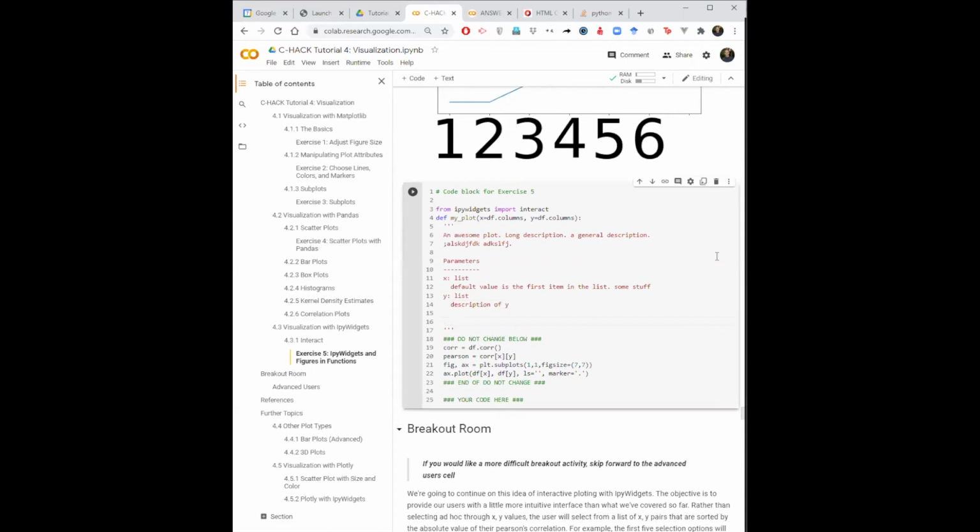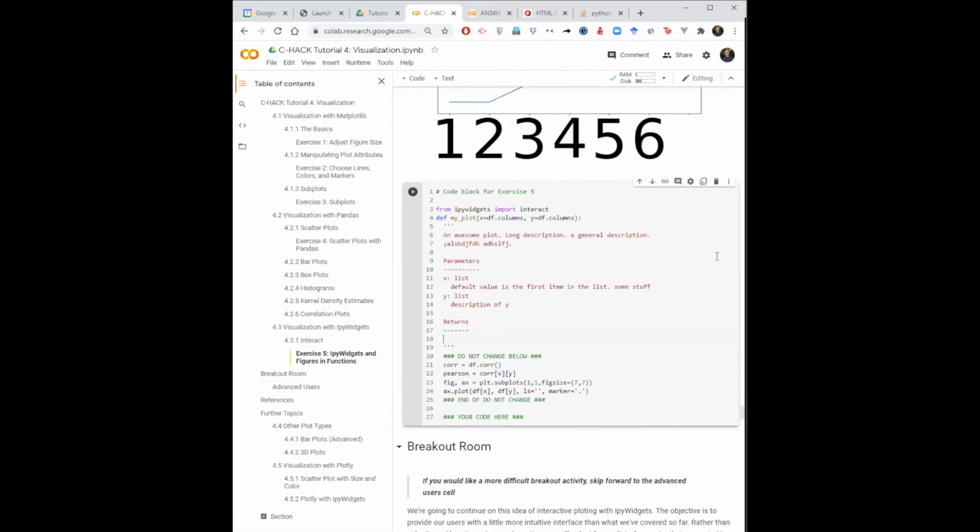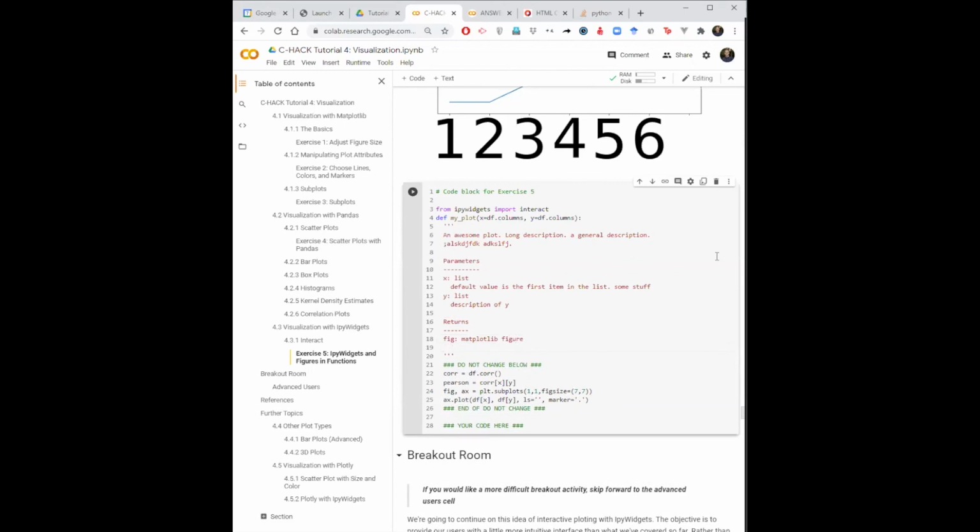And then you want to say returns. And then you say fig, whatever you're calling your returns thing. Matplotlib figure. And then a description of it. So yeah, Dave's got it in the chat. sklearn is really great. There's a handful of packages out there that will auto format your docstrings into